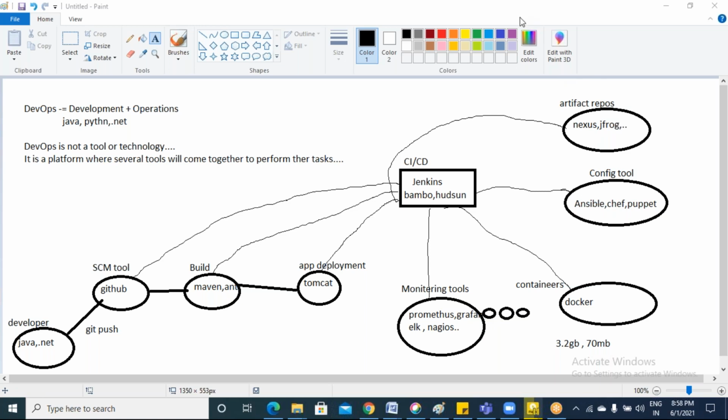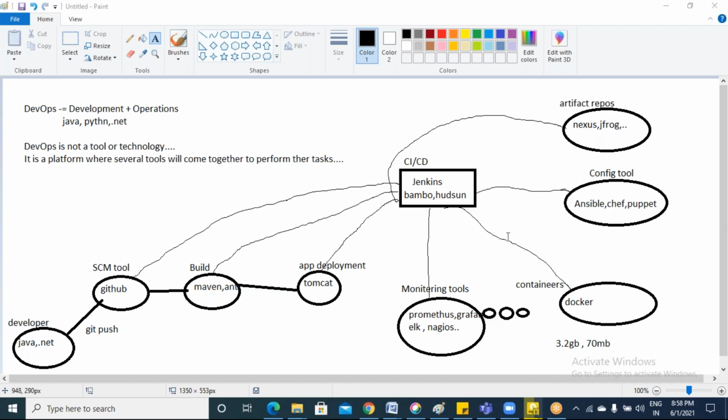Fine, understood till now? Anyone has any doubts up to now? Hello. Yes. Presently, which tools are in demand in the market? We discussed DevOps, Docker, Kubernetes, Jenkins, Ansible. If you learn these things, you are a hotcake.